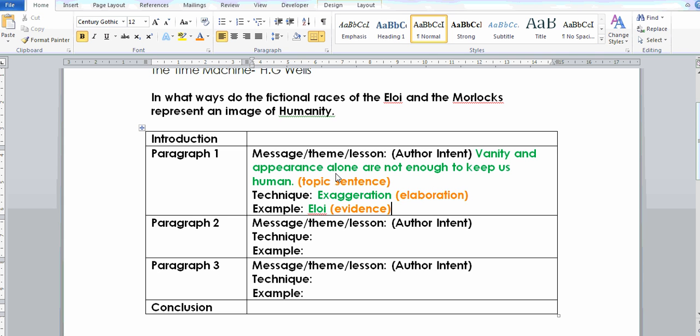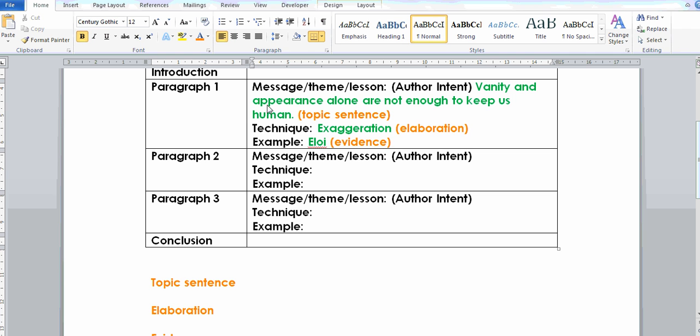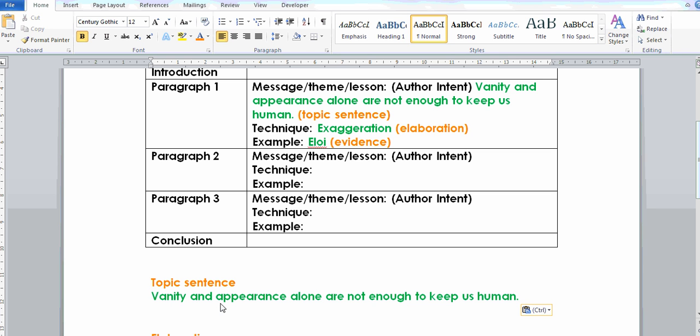So using this information, I'm just going to come down, and you can see up the top, I can see the green writing up here, and I can see where the actual topic sentence stuff is. I'm going to put this into a basic sentence. So for my topic sentence, I've said that vanity and appearance alone are not enough to keep us human. So that's going to be the focal point of my topic sentence. When I come down here, I'm actually just going to copy paste that information, and in front of it I'm